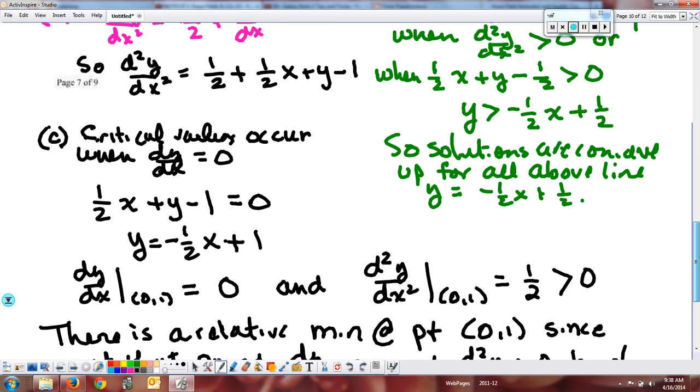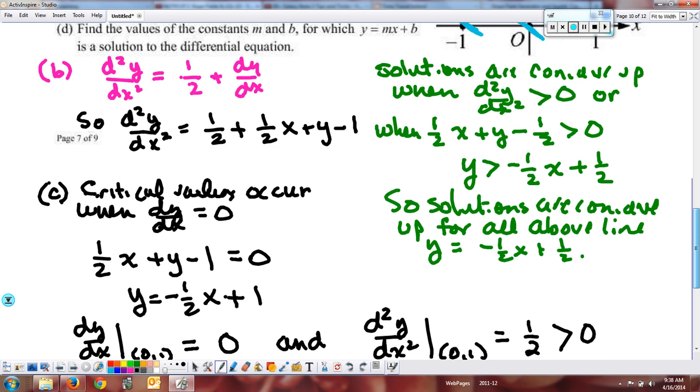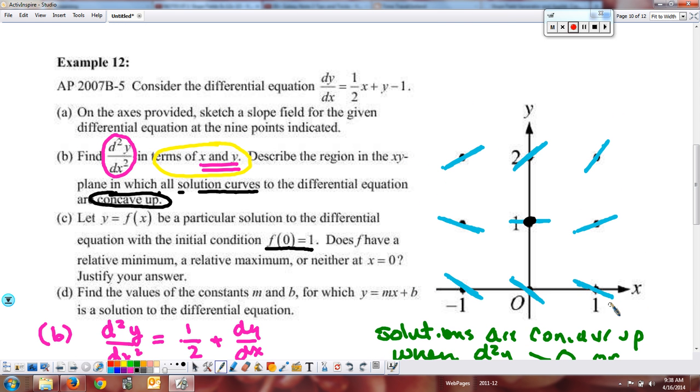That is when you would get your second derivative equal to 0. Just basically replace that up there. Recognizing that's the place where you switch from being concave up solutions above this line right here, okay, to concave down solutions when you are below the line, and when you're on the line,